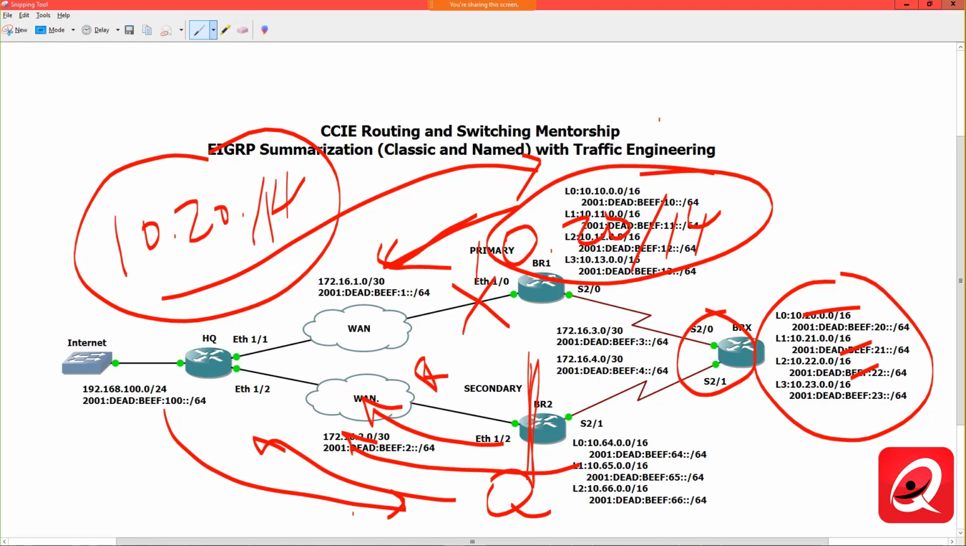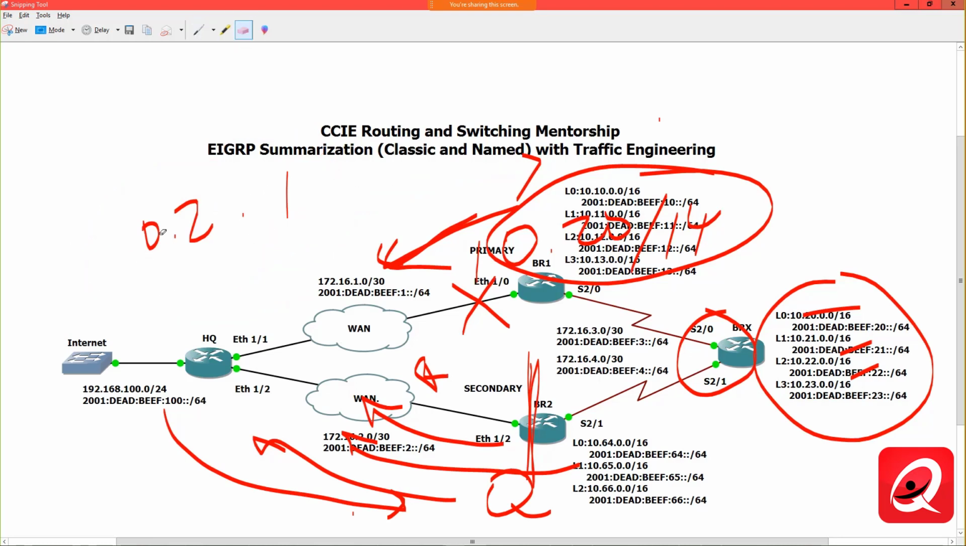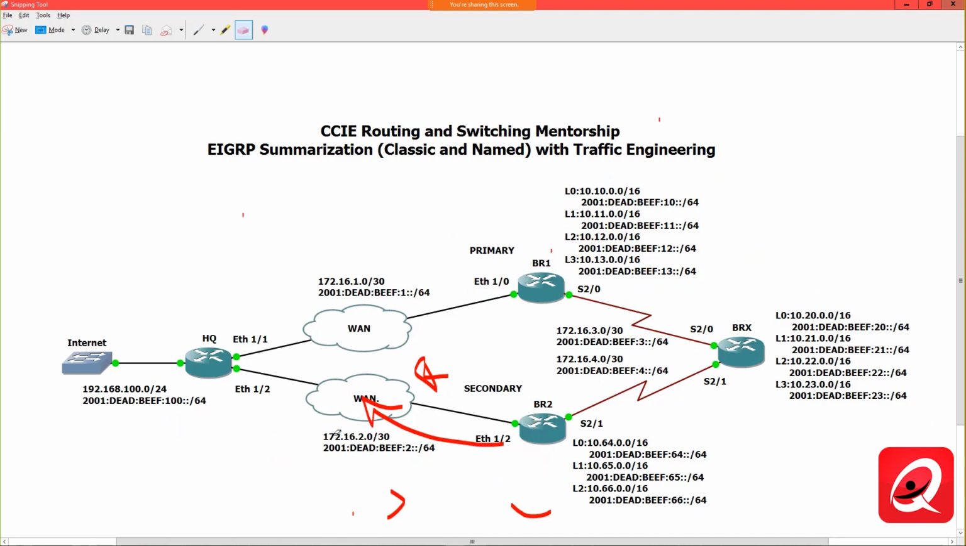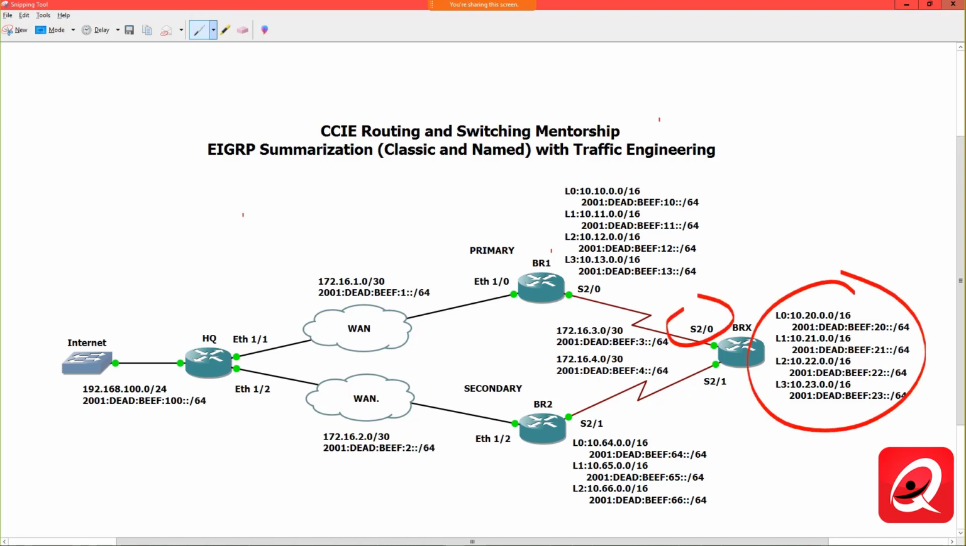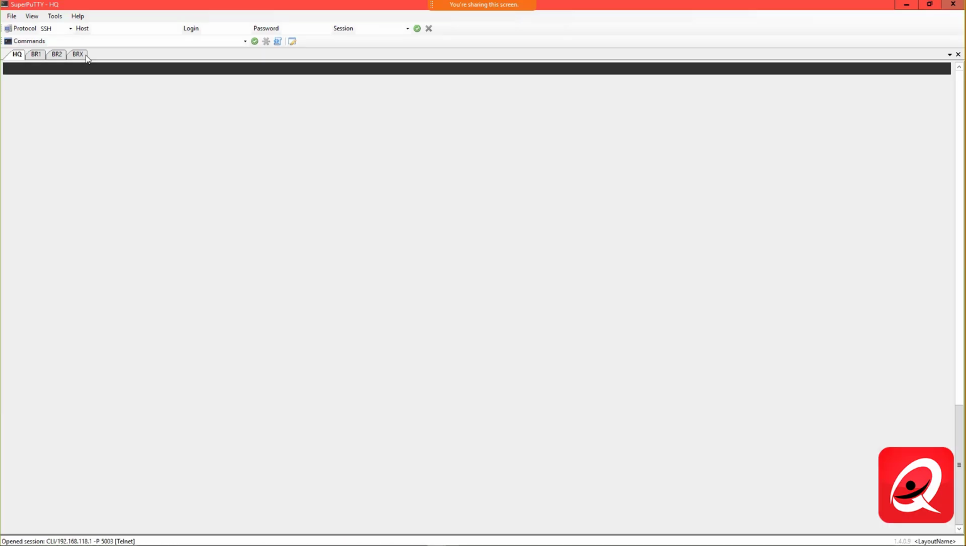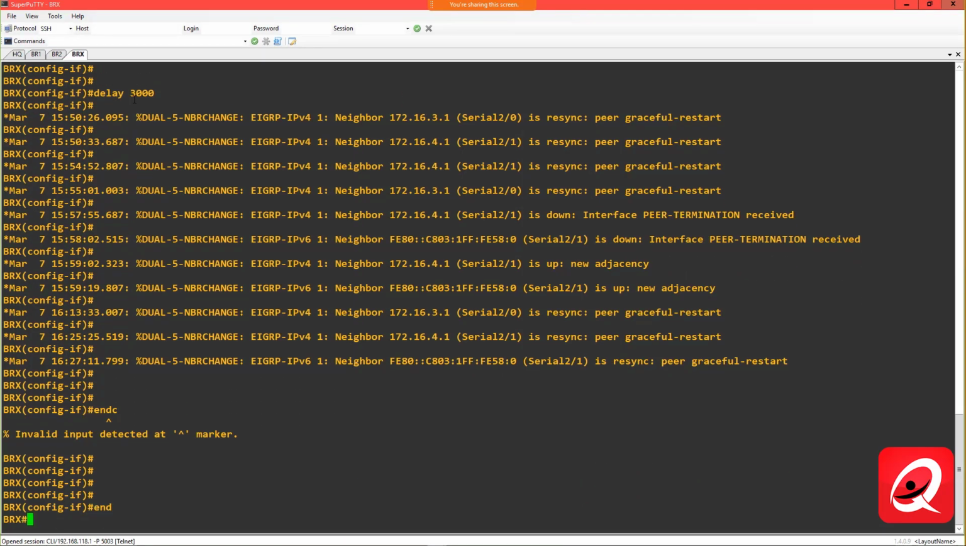Now, let's go through a configuration, because I want to show you why this would not happen anyway with this particular topology. You guys probably already have a pretty good idea of what I'm about to show you, but let's go ahead and go through the process anyway. So I'm going to create a summary on BR1, and I'm going to summarize. Actually, I can do it on BRX. I'm just going to summarize on this serial interface these IPv4 loopbacks. Okay, so let's go into BRX. BRX, we're running classic mode configuration in this case as well. Show